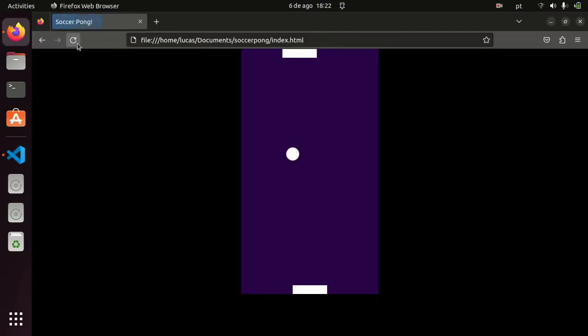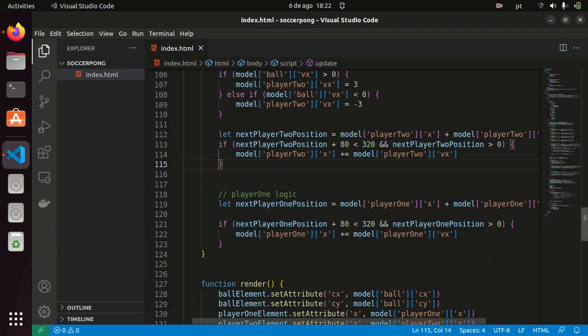And now, as you can see, the player 2 is always following the ball, right? And it is actually pretty good, because it's going to be very difficult to beat this player, because he's always following the movement of the ball in a perfect way. So this player doesn't ever commit mistakes. So this game is not going to be fun to play, but we can add some randomness to the movement of this player. So the same way we use randomness here,